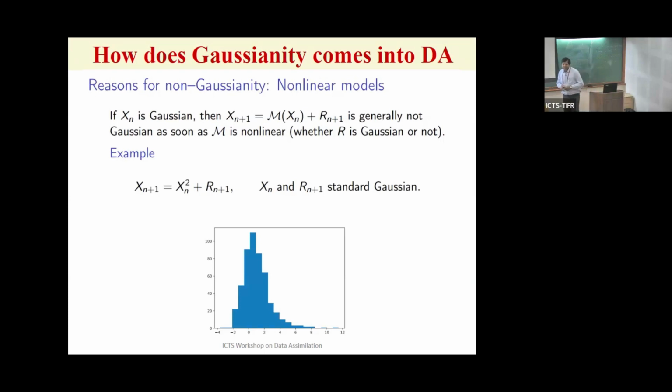But this problem shows that even if you have a quadratic term here, your next prediction is not at all Gaussian. So when we assume that the distribution of my background is Gaussian, this is not very clear, because